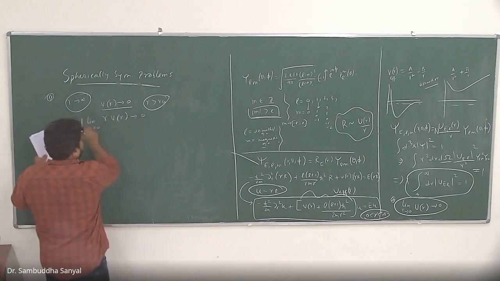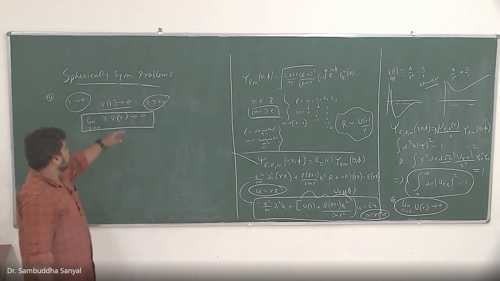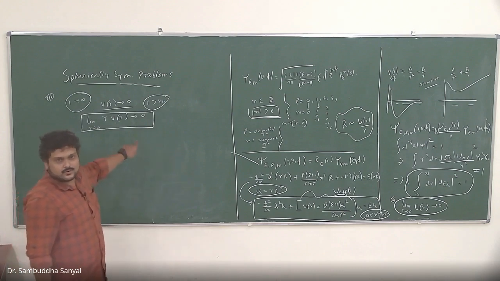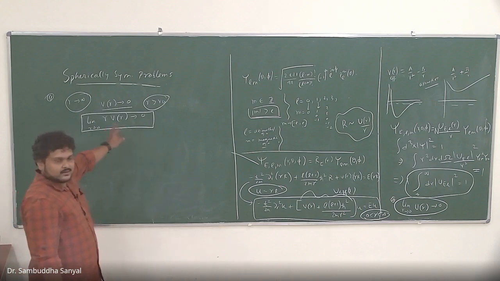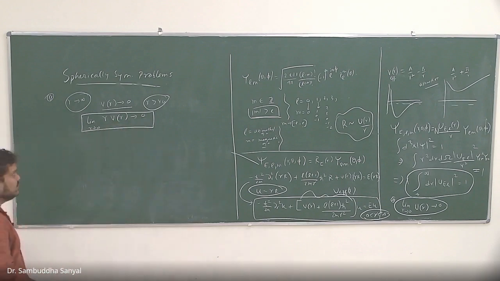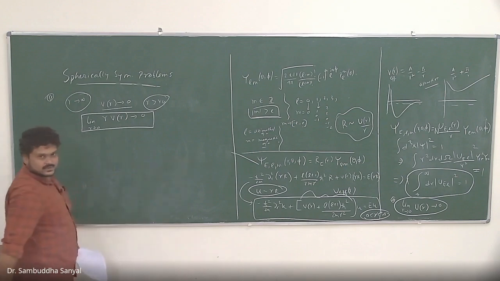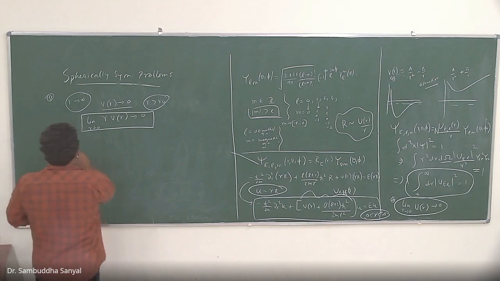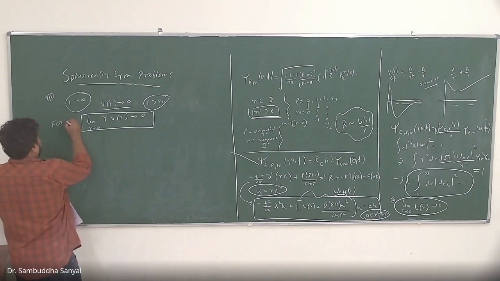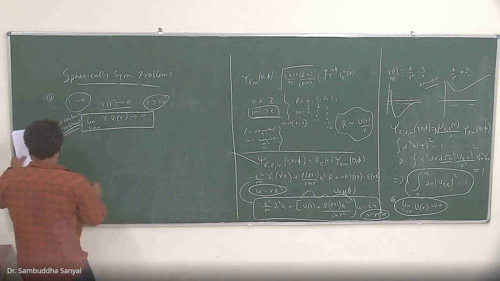This thing going to 0 means V(r) is falling at r going to infinity, but falling faster than 1/r. That is not true for the Coulomb potential, because Coulomb is 1/r, so r V(r) doesn't go to 0. We have to think differently, which I'll do today. But at least when this happens, let's see what you can say about the solution for this class of problem. It's not general, because it is not true for many cases, so we'll discuss that also.